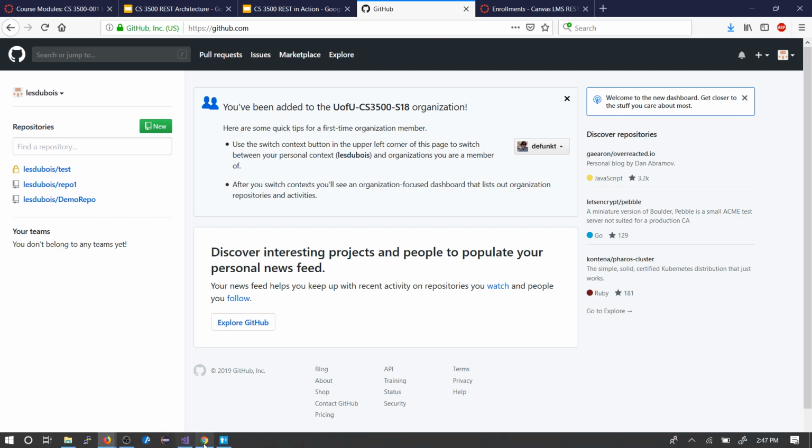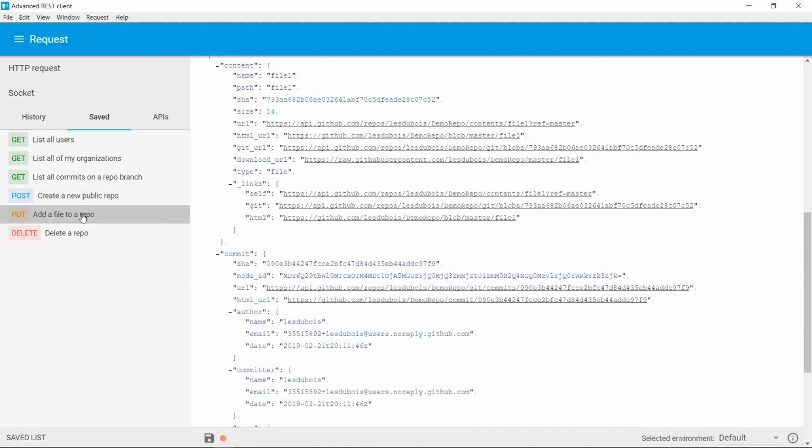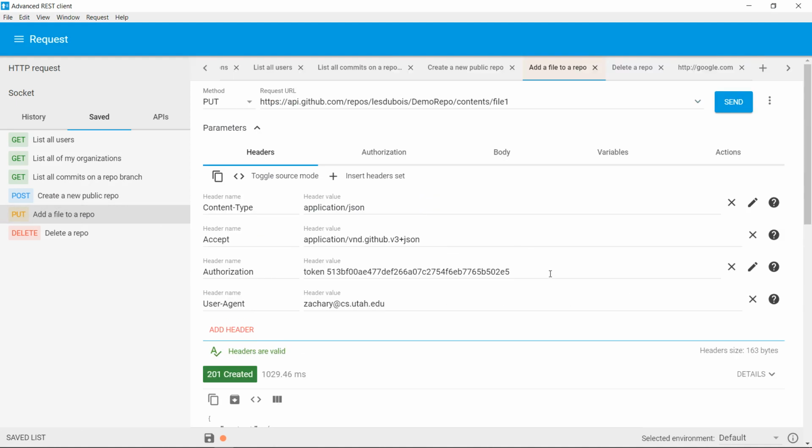All right, let's look at another one. So that was create a new repo. Let's add a file to a repo. So this, it says use a put request, so that's what I'm using. The URL is like repos Le Dubois demo repo contents file 1. And the headers are the same. If we look at the body,